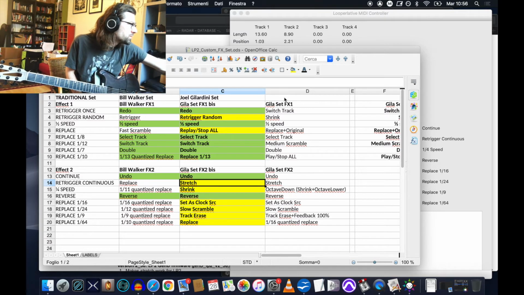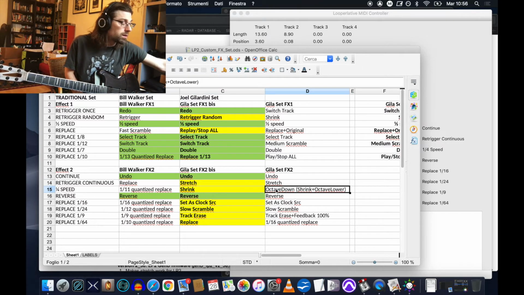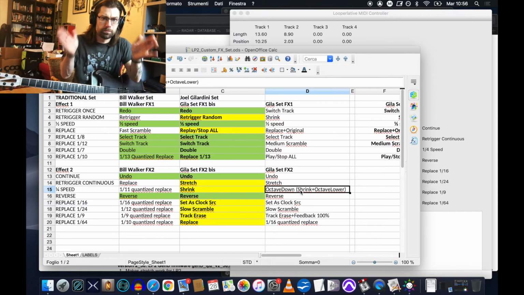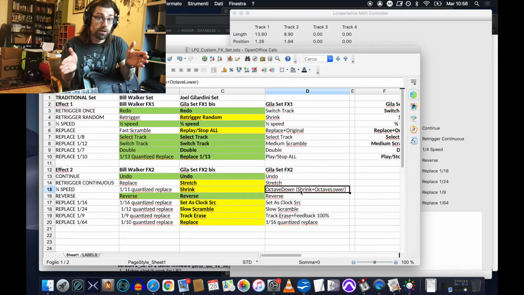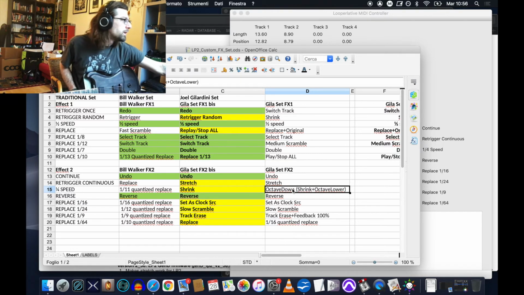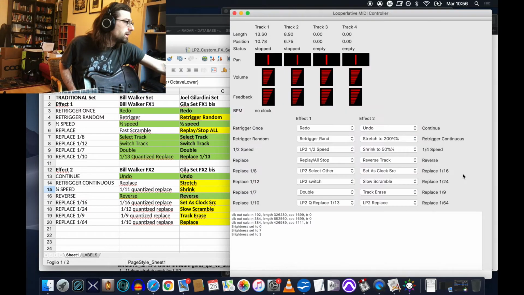And actually you see on the side this column D, this was the first idea I had in mind to program my effects. Here you see this octave down, which would be the shrink combined in my effect to have the loop with the same velocity and same speed, but one octave lower, by combining shrink and the half speed. I wanted to do that, but then I found out that